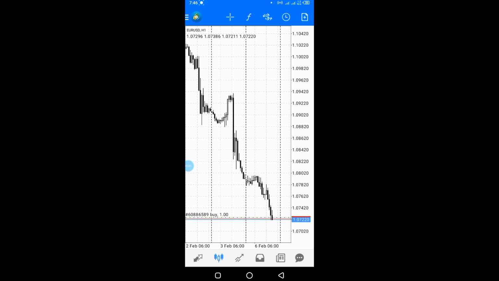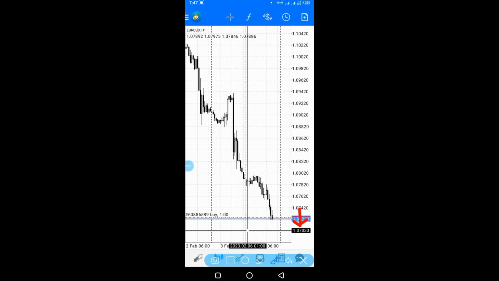Let's say, for example, I want to set a stop loss at this level. I talked about this horizontal line and the vertical line, so you can go and watch the video. The description link is below so that you can get to understand the features of MT4. Now, I'm going to set my stop loss at this price here, and of course a line will appear, a green one, a red one. Therefore, I'm going to set my stop loss at